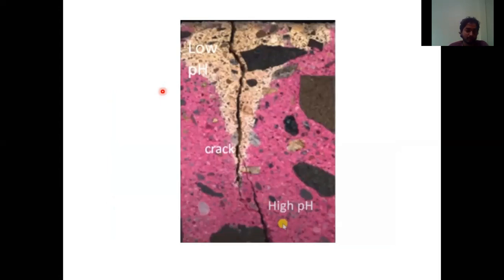Next, this carbonation test is also used to determine the age of a crack. Now, how to determine the age of a crack? Say, for example, we have conducted this test. You can see there is a crack at this portion and this portion also. Here you can see the pH level is low. What is the meaning of low pH level? It indicates that carbon dioxide has penetrated. So we can say this crack is an older one, which means this crack was formed before.